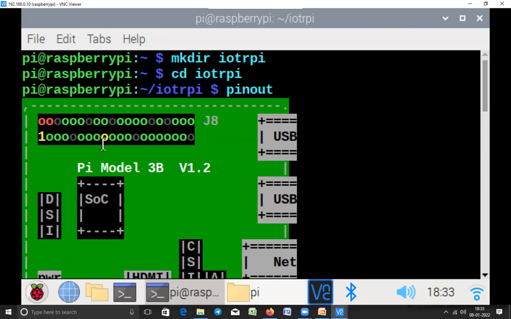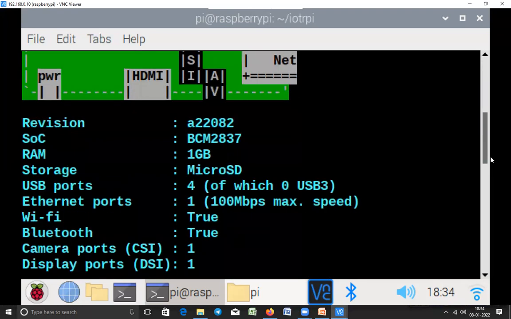These are the 40 pins. Okay, this is the starting pin 1, and the opposite one is 2, and then 3, 4, 5, 6, 7, 8. Okay, they are arranged here. All odd numbering is present at the bottom line, and the top line has even numbers 2, 4, 6, 8, and so on. This is the physical numbering of this particular board, all of you. These are the total 40 pins you can see here, and this is actually the version, SoC.